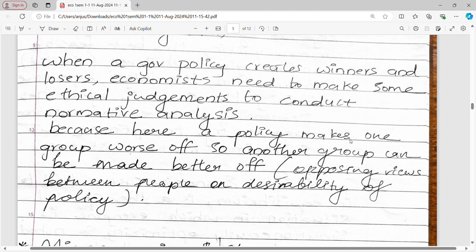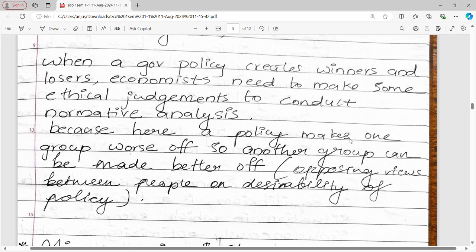That is, the environmental regulation of protecting a wetland can benefit bird watchers. Okay, because migratory birds, it will help on the environment side. But again, it harms the landowners who would like to develop the land. Because the wetland is protected, they can't construct anything. So when it makes one happy, it makes one sad. Every policy is like that.